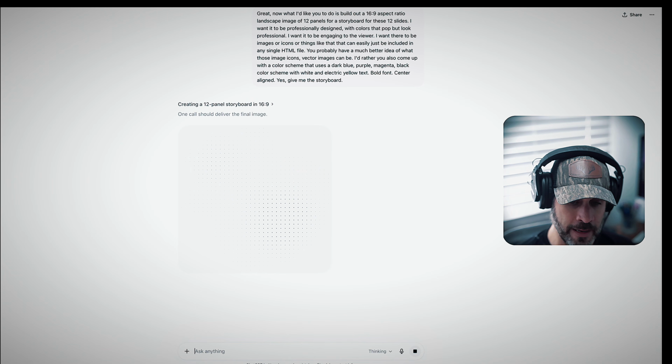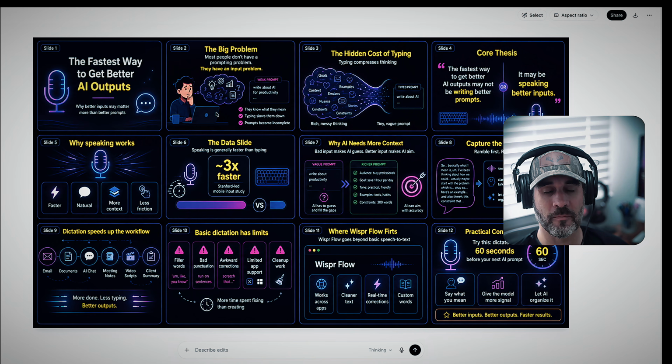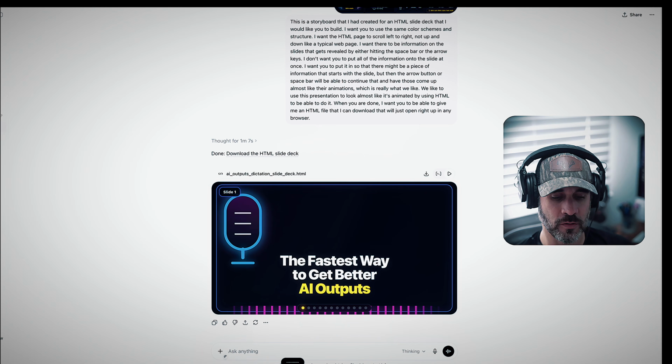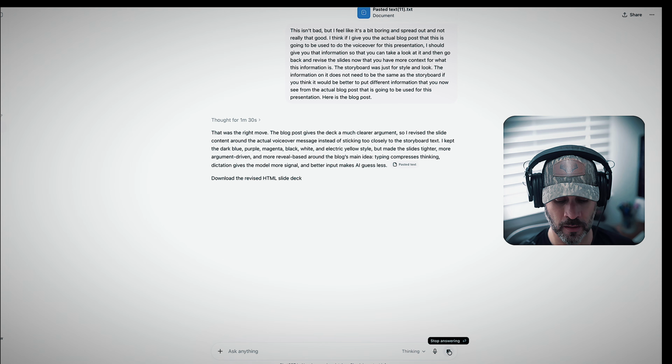And what I really like about these new frontier models like ChatGPT 5.5 and Claude with Sonnet 4.6, Opus 4.7, things like that. These new frontier models, the prompting has changed a lot. Even in the past couple of months, even from some of my first videos when I talked about the CAMP method for prompting and so forth, it still works, but it's not needed as much, especially if you do something like dictation, which is actually kind of the reason why I used that example slideshow that you saw in the beginning of this video.